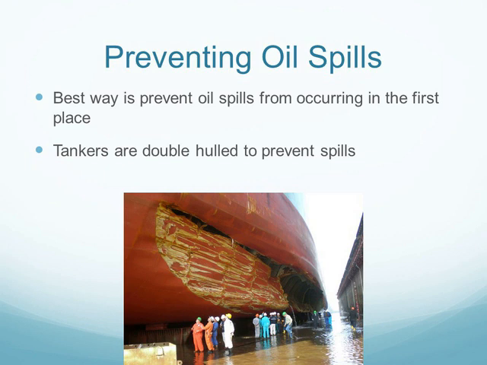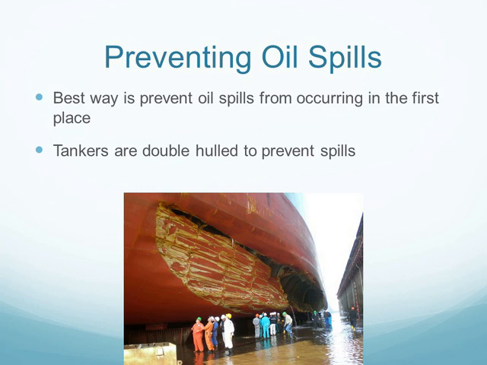Oil spills are pretty devastating. They release a ton of oil into the ocean environment at one time. So unlike natural seeps of oil that only release little bits of oil at a time, in which microbes can take care of that amount, oil spills release way too much, in which natural processes cannot take care of it. So the best way is just to prevent it completely.